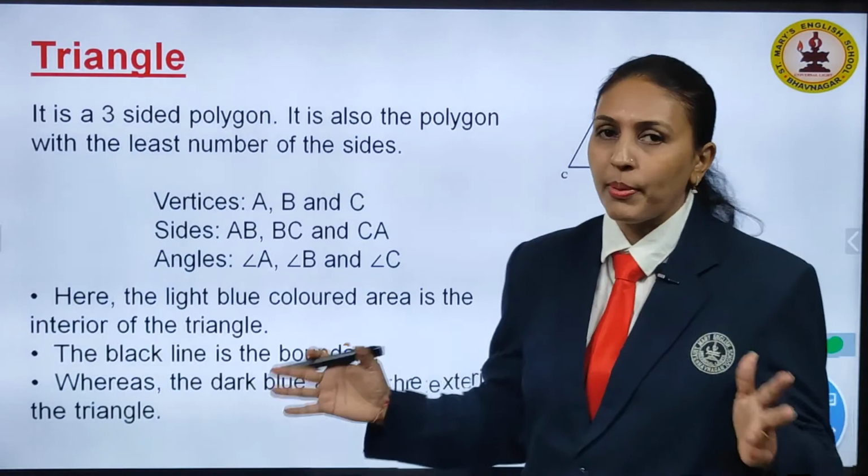Now, the last topic, children, is semicircle. What is a semicircle? A diameter divides the circle into two semicircles. You can see one circle, this is the diameter which passes through the center of the circle and it divides the circle into two parts, right. So, each half, this part, is called a semicircle, that is one semicircle, and another you have like this, the second semicircle. So, this is called a semicircle. When a diameter divides the circle, we get two semicircles.